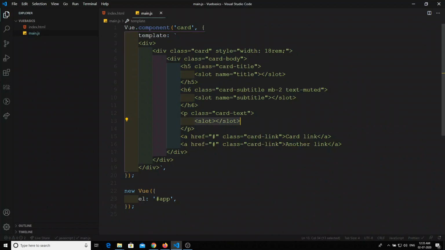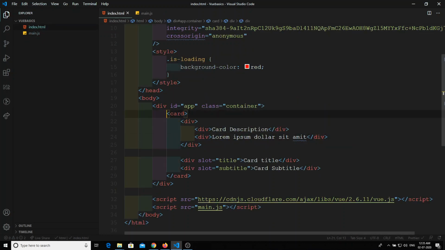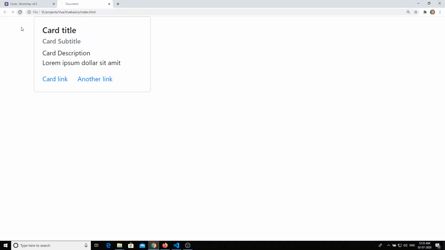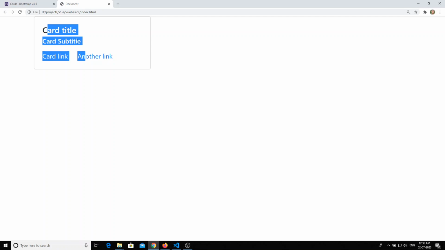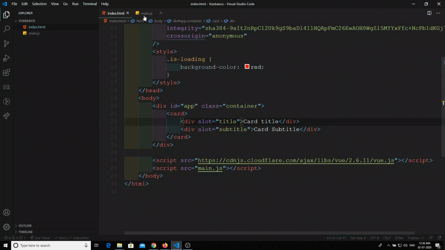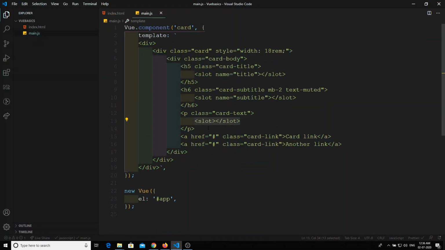Now, for example, anybody who uses this component may forget to give the default slot. If anyone forgets when using this component and hasn't given this default slot, we can still give it in between here.